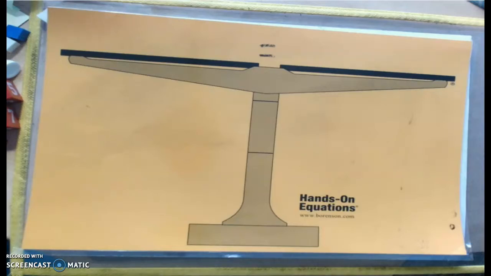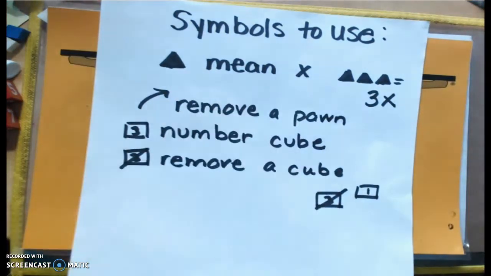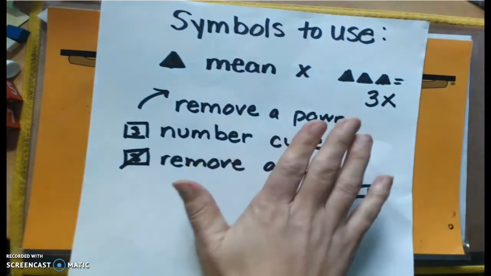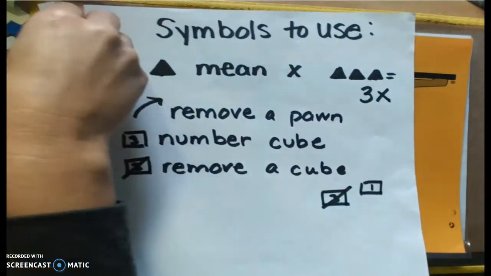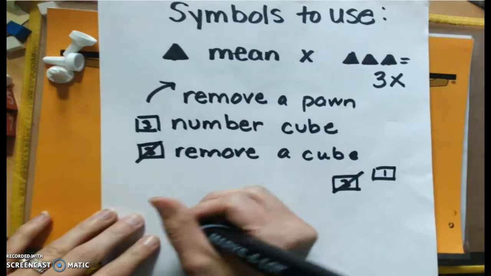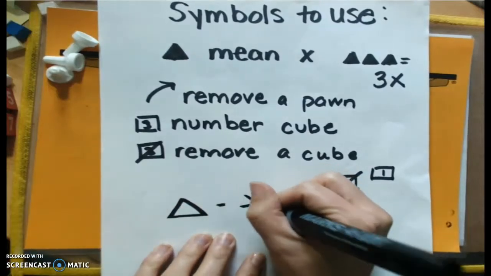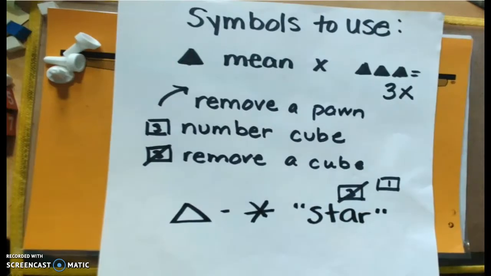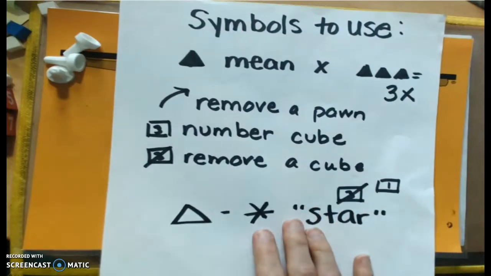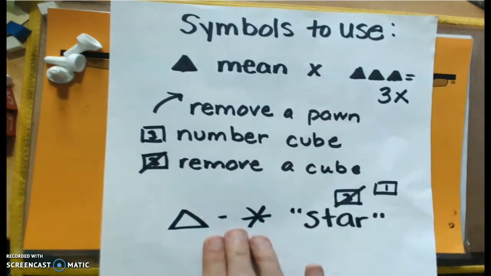For lesson 8 today we are going to be introduced to a new symbol, a new piece. We've been using the blue pawns up until this point, and today we are going to be using white pawns. Our white pawns are going to be known as star. Whereas we refer to the blue pawns as X,